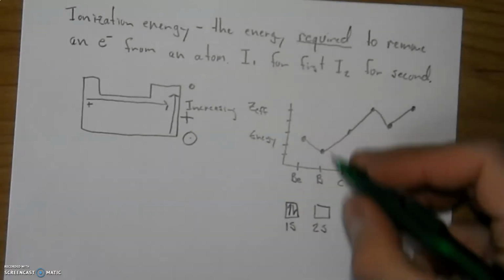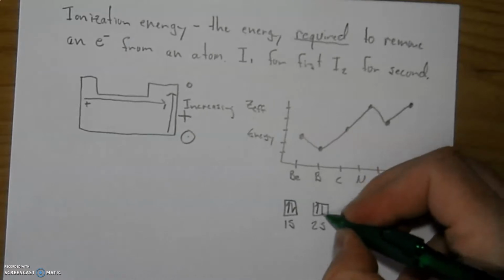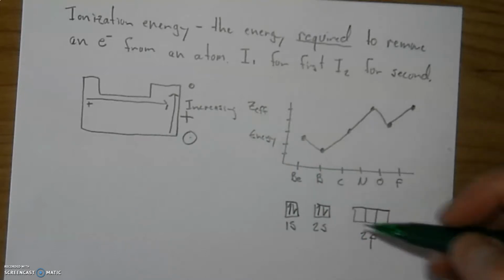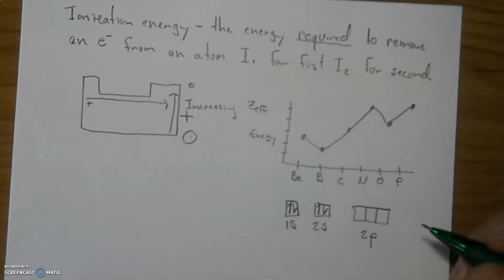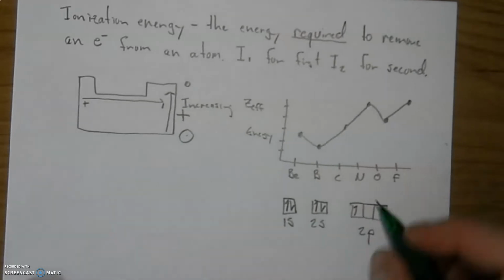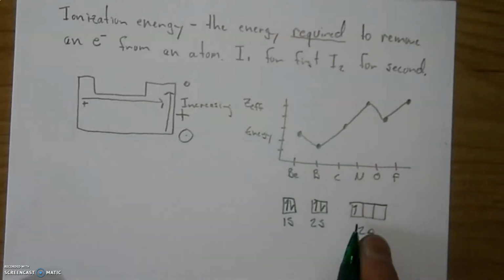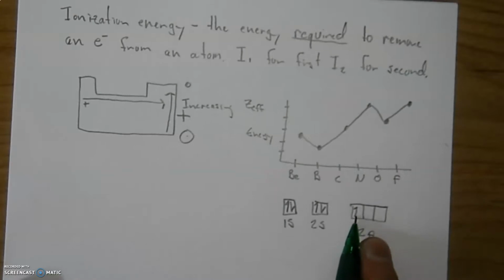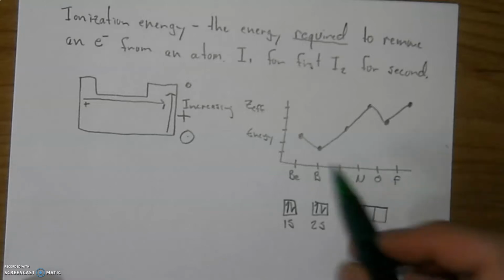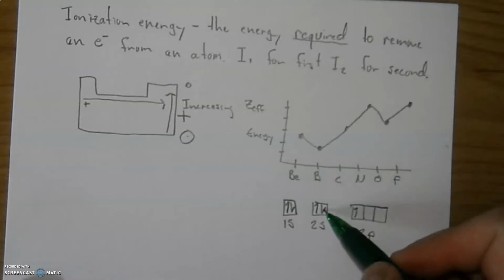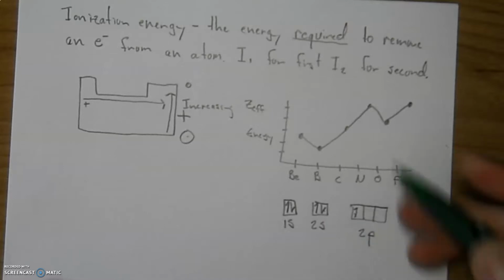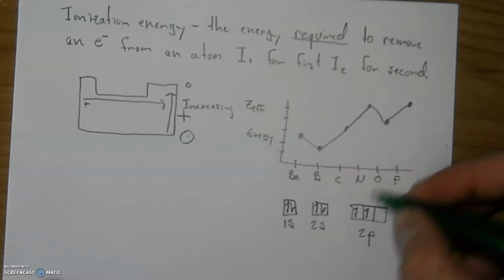So if we're doing beryllium, to take an electron away from beryllium, okay, fine, it takes some energy and boop, there it goes, whatever, all on its own. But for boron, that electron with 5 is hanging out in a higher energy level. So taking this electron away is relatively easier than taking the electron away from beryllium because it's at a higher energy level. And then subsequent, looking at carbon,